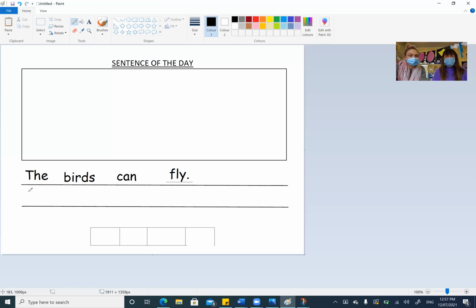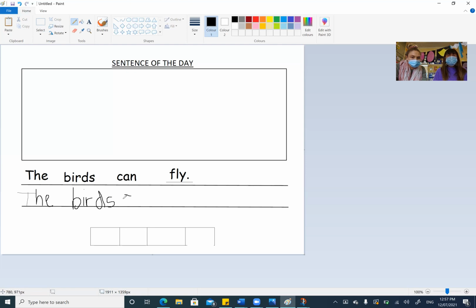Once you've done that, then you get your pencil and you start at the top. Right underneath the word the, you're going to write the word the. So it's your chance to write now. The, remembering your finger space, the birds. Beautiful writing, Miss D. Perfect.